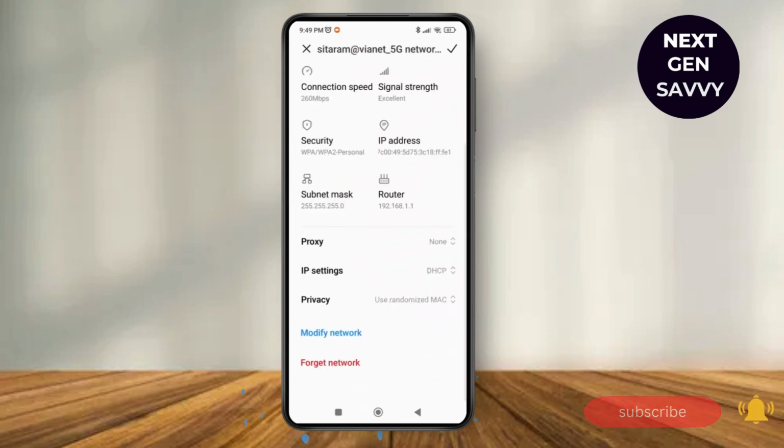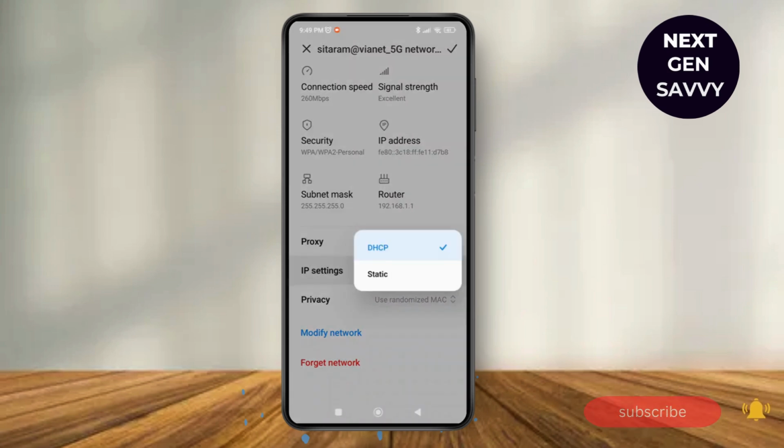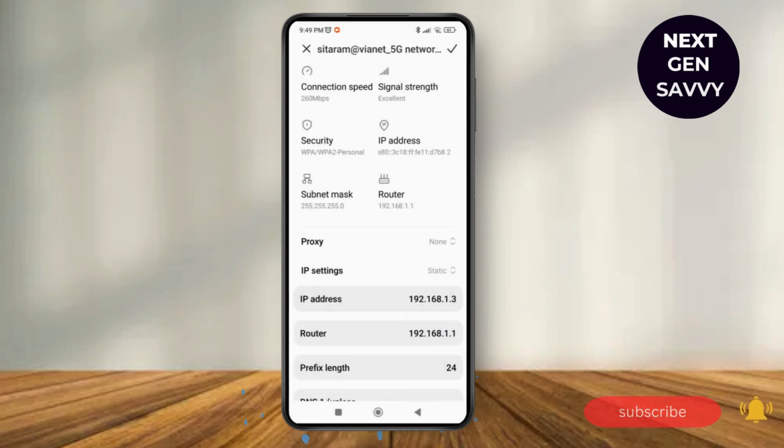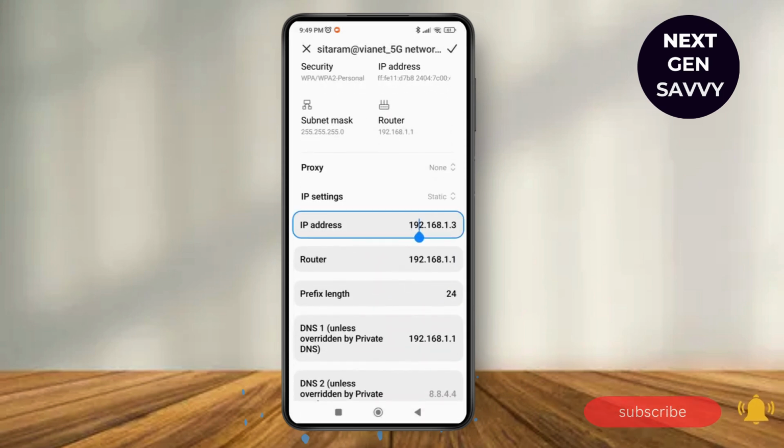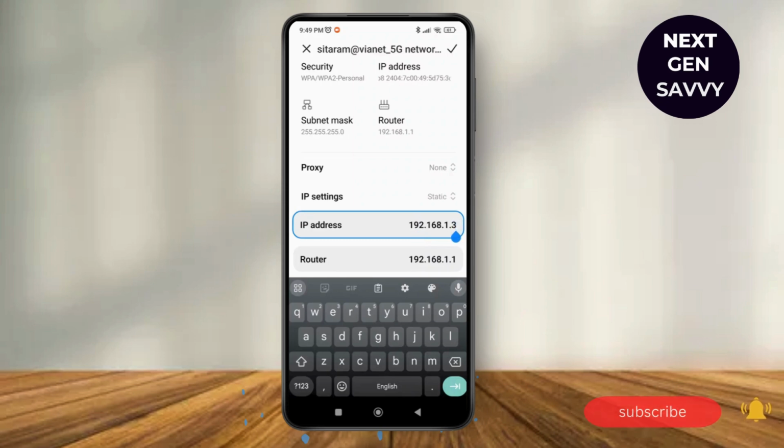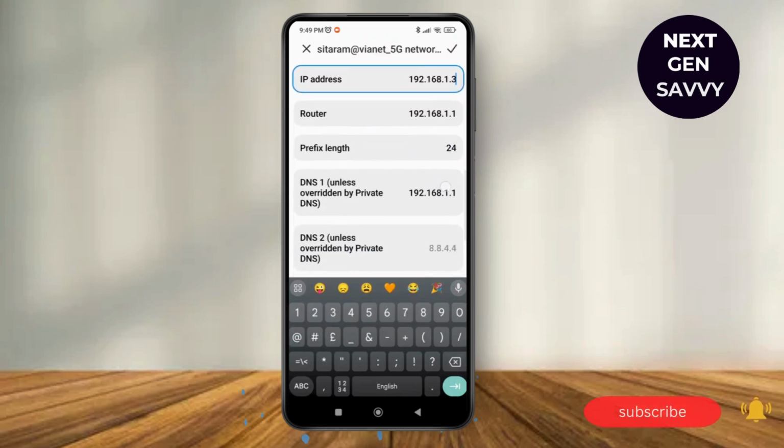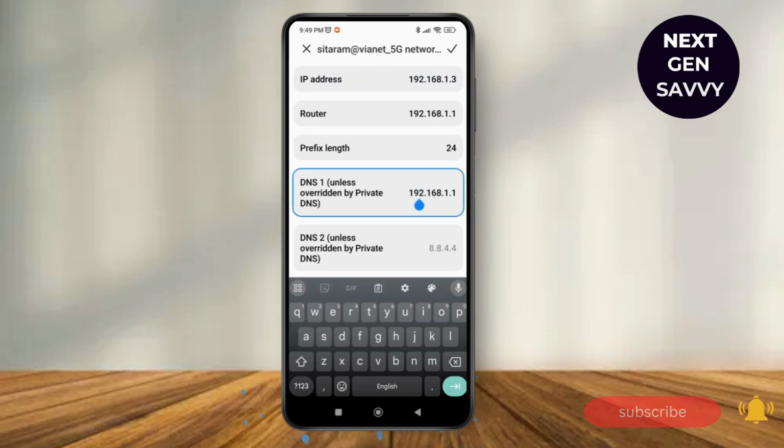So all you have to do is just tap on the IP settings, and right now it is enabled to DHCP. Just convert it to static and then rewrite the IP address over here. After that, on the DNS you just have to mention over here like this one,